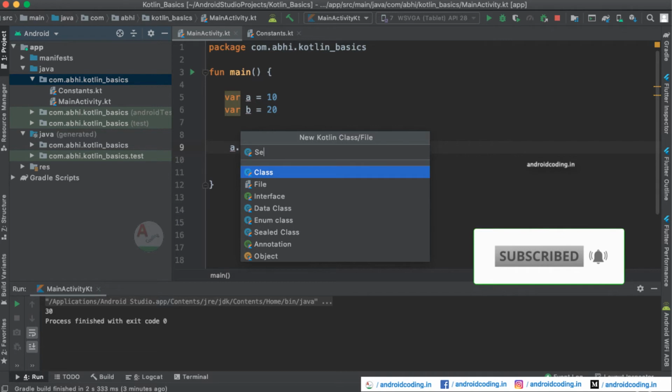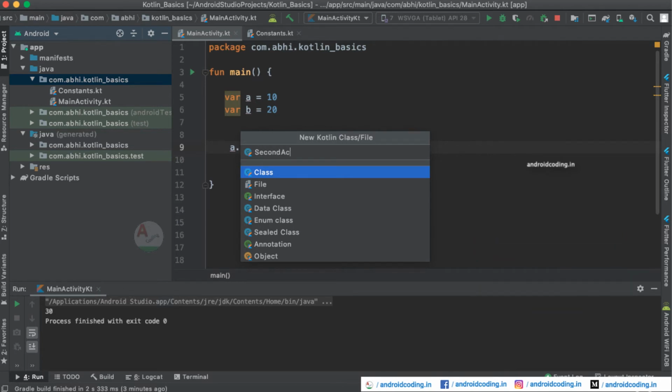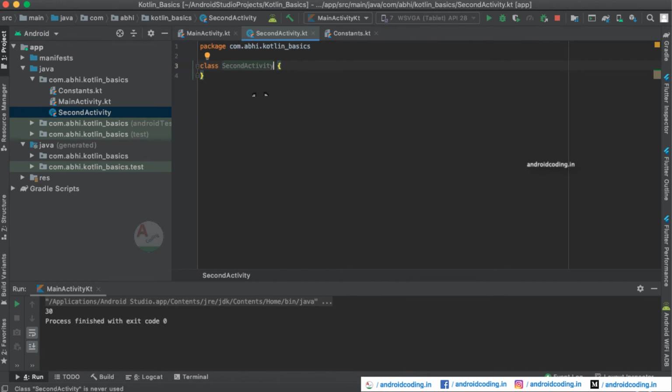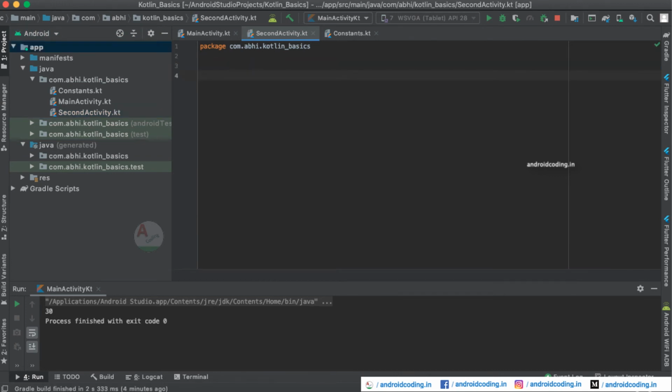any other class. Let us try to create a second activity, and here let's remove the class declarations and declare main method here, inside which we are going to declare two variables, d equal to 40 and e equal to 50.